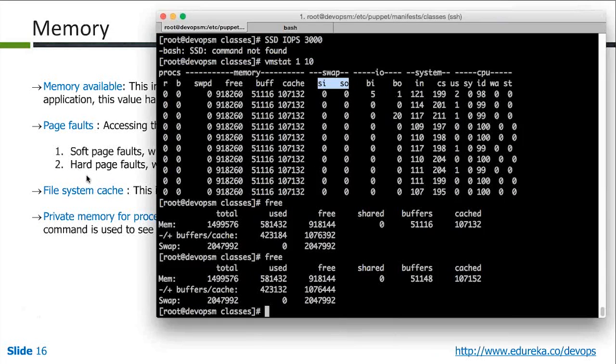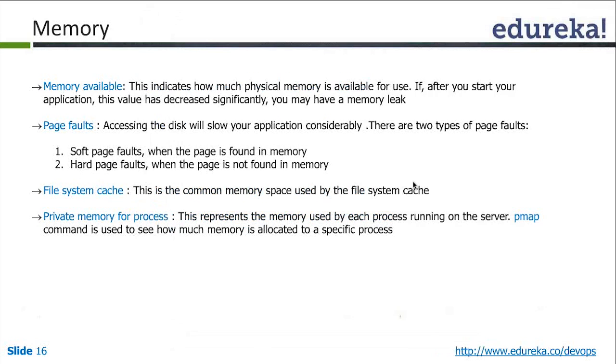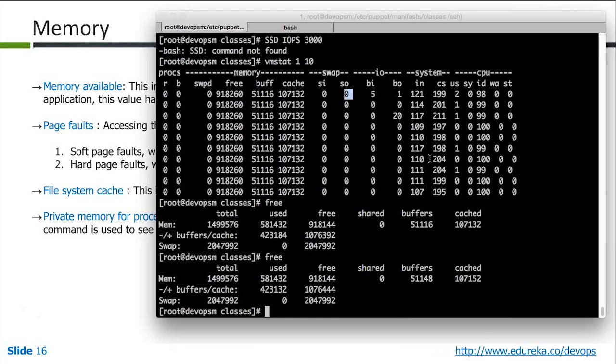That means if the page is not found in the memory, it has to be pulled from the hard disk and put into the memory. It is at that time you may see some swap in happening. But when you start seeing swap out happening, you must consider whether some application is consuming more memory than it would otherwise require. So these two fields, swap in and swap out,